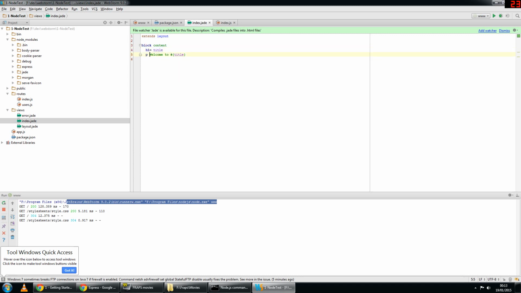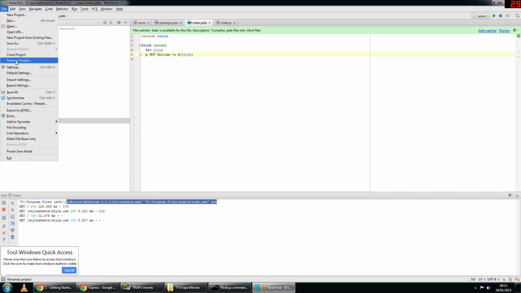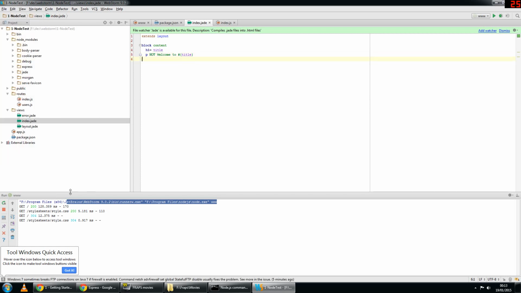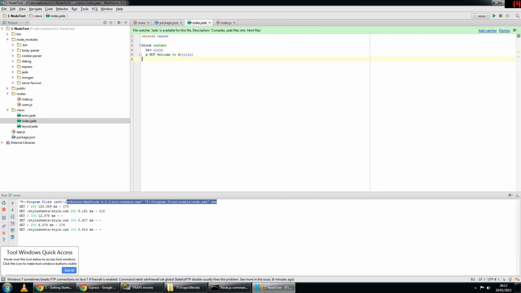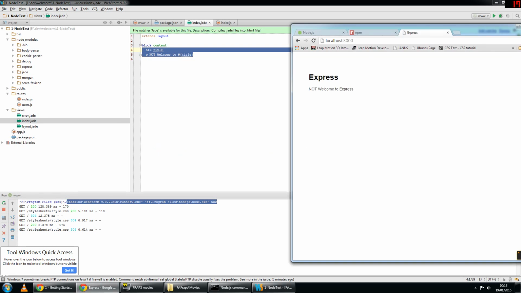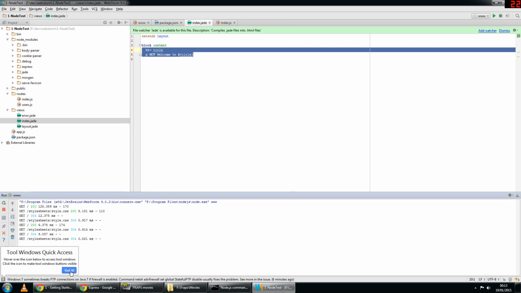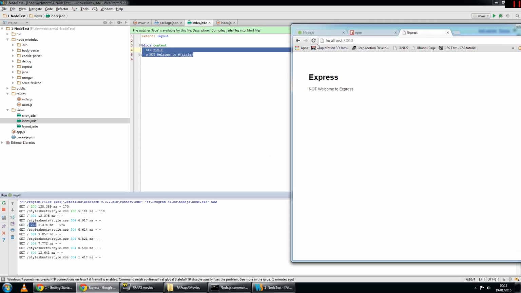So if we say not welcome and we save that, save all. I don't think this is going to refresh. Oh, okay, so that's quite interesting. Changing the template automatically. Well, that's dynamically fetched, so that's good. So you can also see every time you do a get down here, you can see the requests coming in. So 200 there, 304, 304,